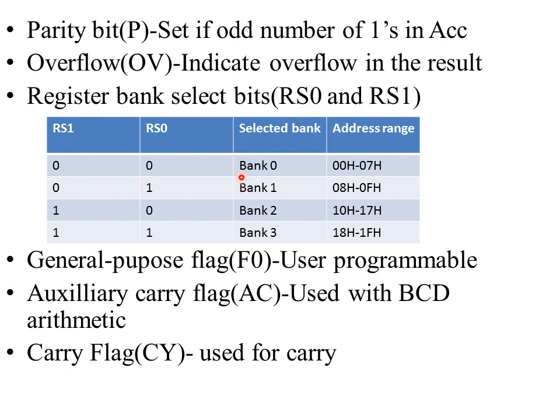Now see, bank 0 is selected by 00. Address ranges are also given. Why? Because in bank 0, 8 registers are there. Among the 8 registers, R0 is 00, R1 is 01, like that address ranges are given. Now 4 banks can be selected, F0 the user can set, auxiliary carry for any arithmetic operation on the nibble, then carry flag. If carry is generated set 1, if not generated set 0.